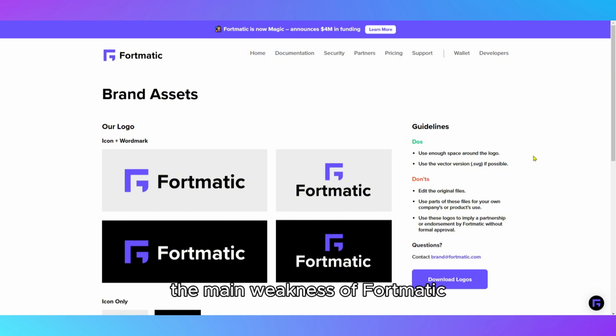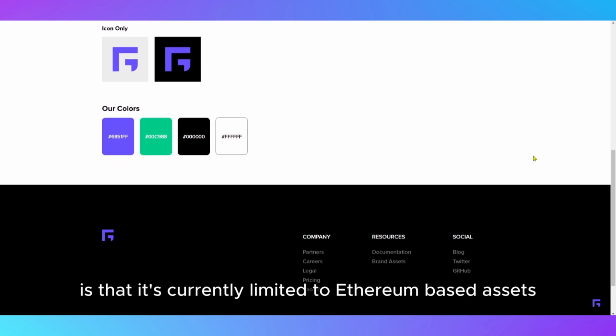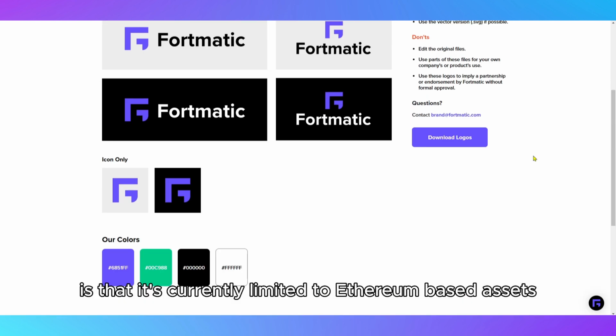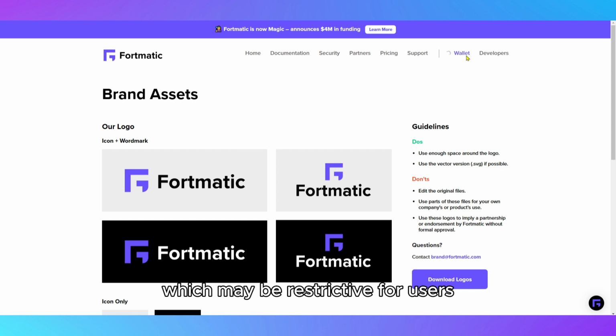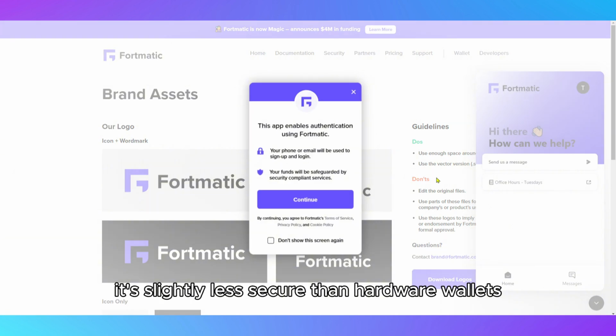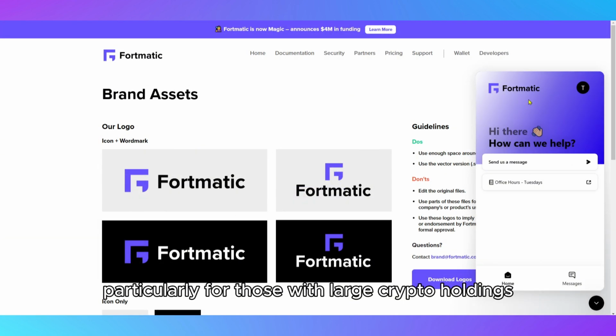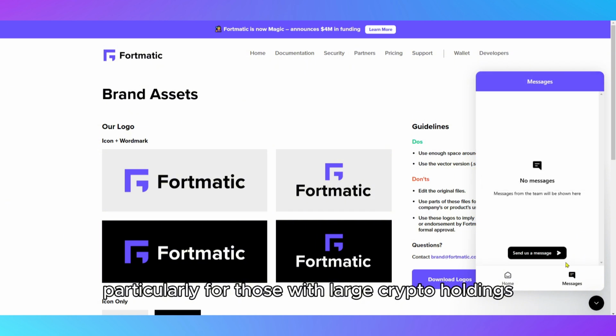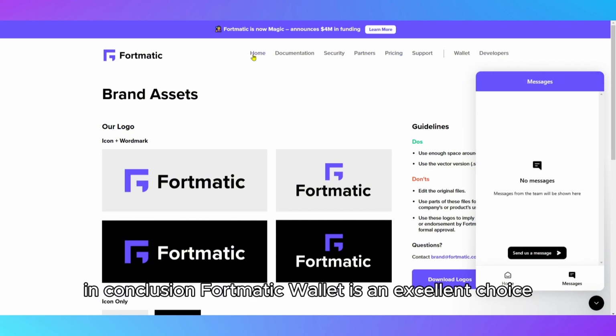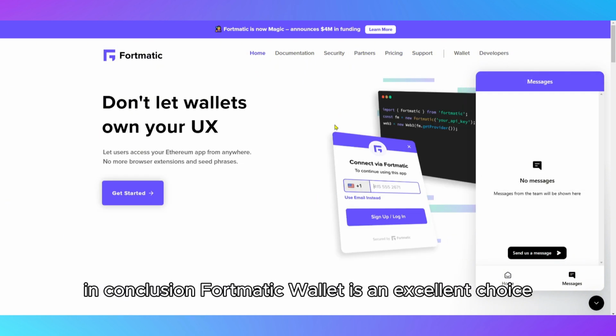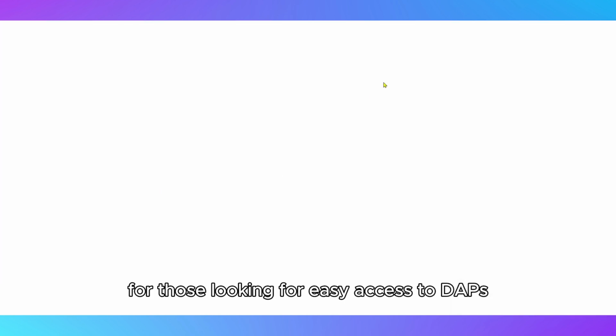The main weakness of Fortmatic is that it's currently limited to Ethereum-based assets, which may be restrictive for users dealing with other blockchain networks. Additionally, as a web-based wallet, it's slightly less secure than hardware wallets, particularly for those with large crypto holdings. In conclusion, Fortmatic Wallet is an excellent choice for those looking for easy access to dApps and